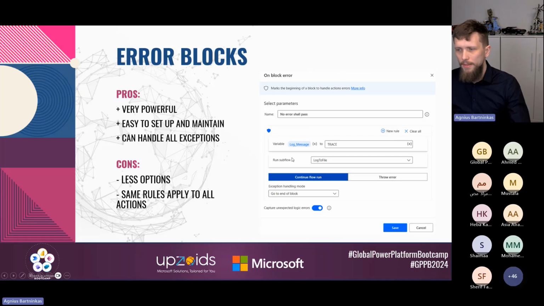And the actually recommended approach is, as mentioned, using the error blocks. The reason why it's recommended is because, first of all, it's, again, very powerful. Similarly, we have all of those rules and so on. We can set whatever we want to do when an exception happens. It's much easier to set up and maintain because we only need to set this once for a group of